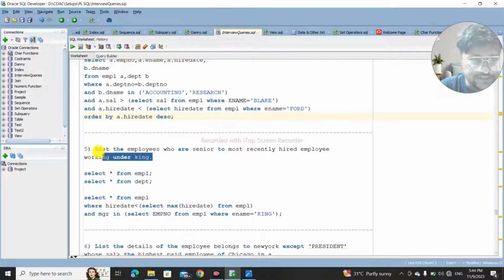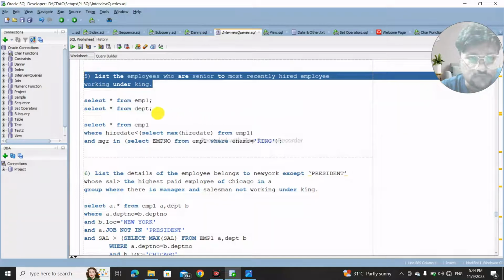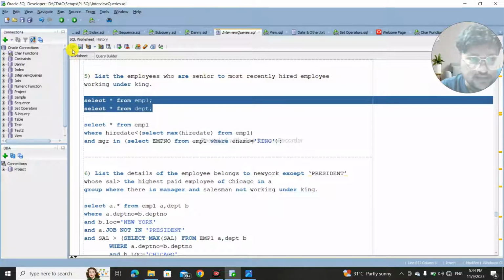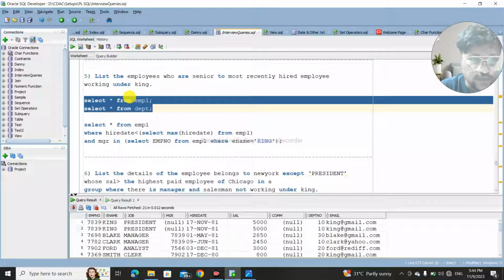Now question number 5. List the employees who are senior to the most recently hired employee. So again, let's take a look at two tables, that is EMP1 and department. So these are the two tables. What we want is to list the employees who are senior to the most recently hired employee. So select star from EMP1. We will fetch all the data from the employee table, where hire date